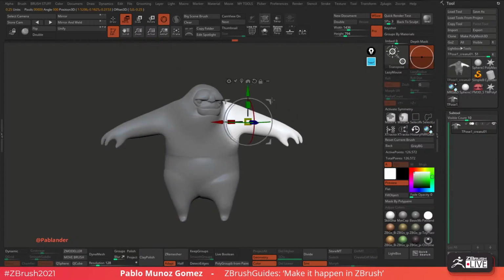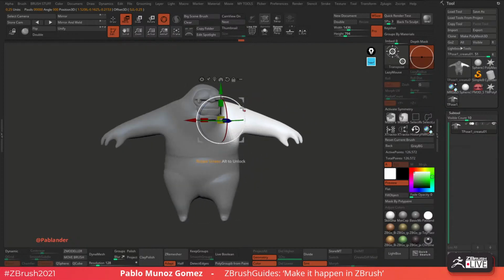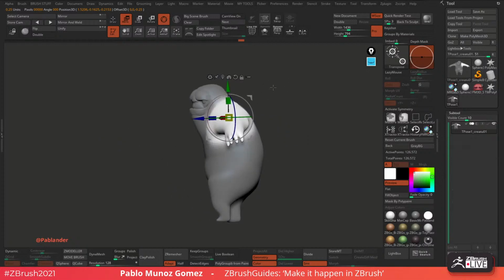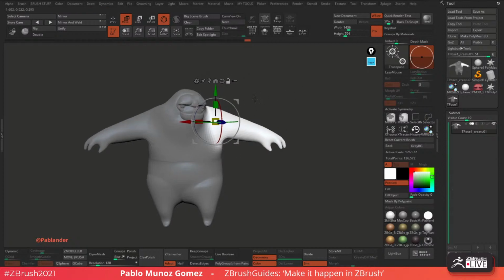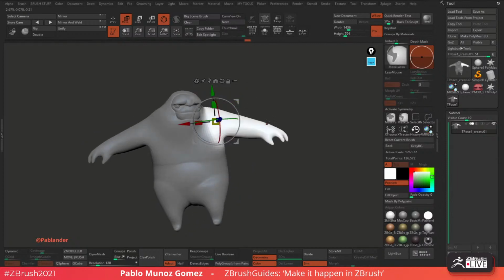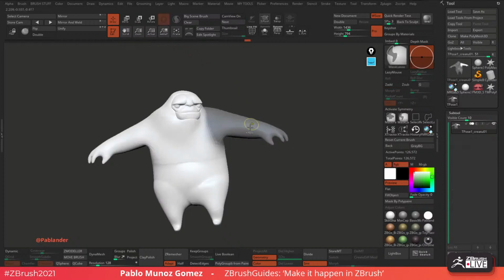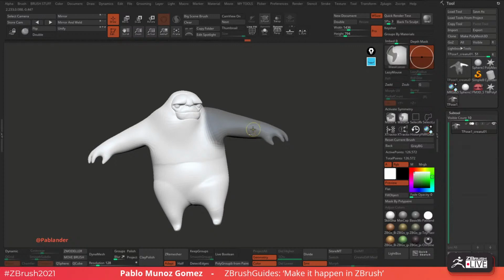Let's exaggerate this arm so that if it breaks, I can show you how to fix it a little bit. So I want to position the pivot roughly where the joint would be, let's say just below the acromion process of this character, just the shoulder, right? So I'm gonna put it like this. Maybe this is way too much. Let's invert it, and you can hold Control and Alt, sorry, to sharpen the